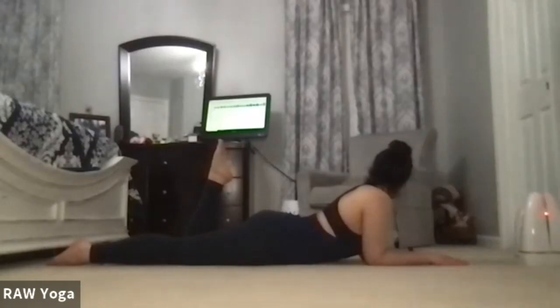Take a breath in, reach that right arm next to that right ear. Exhale, hinge from those hips, reaching those right fingers to the left flexed toes. Beautiful. Let's come back to center, right hand coming down, pushing the right knee down, hips are coming up,